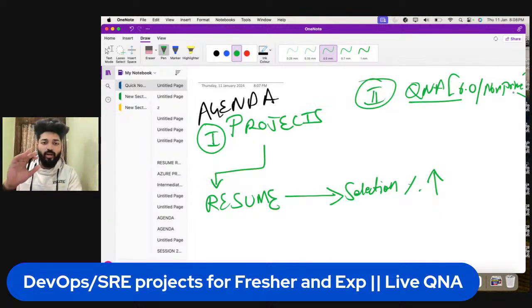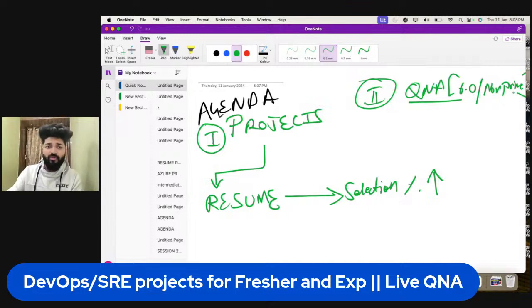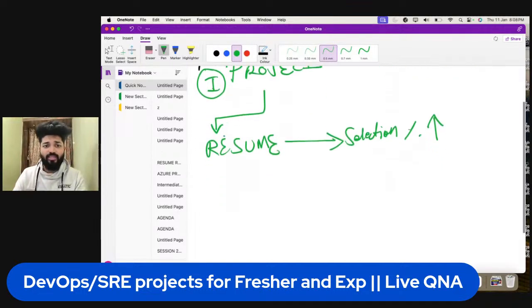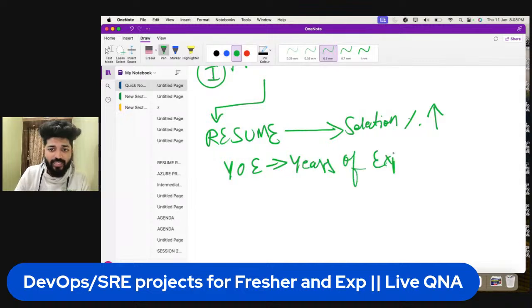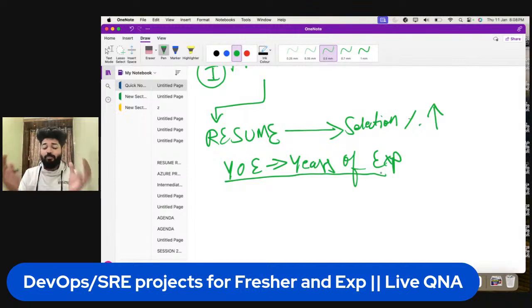Let's discuss what the projects are. Very honestly, guys, I'll be dividing based on the years of experience, which is one of the important things we need to have. How many pages of resume you need to keep and how many projects you need to keep, based on years of experience, are important. Many people come to me with a DM saying, Praveen, I have only 2 years of experience, how many projects do I keep? Praveen, I have no experience, how many projects do I need to keep?